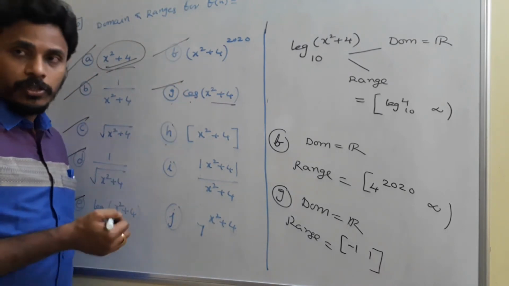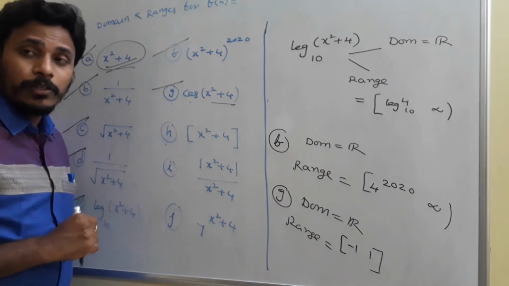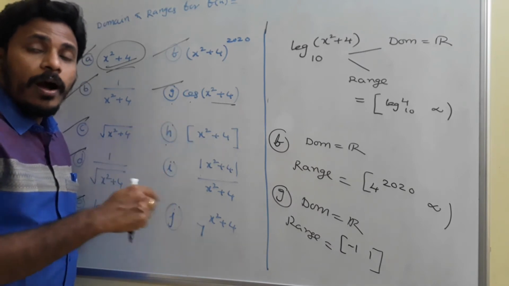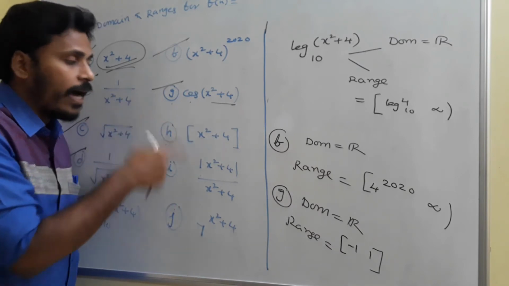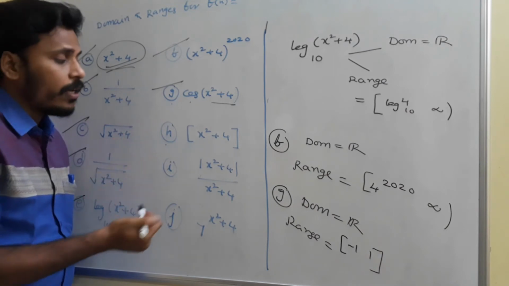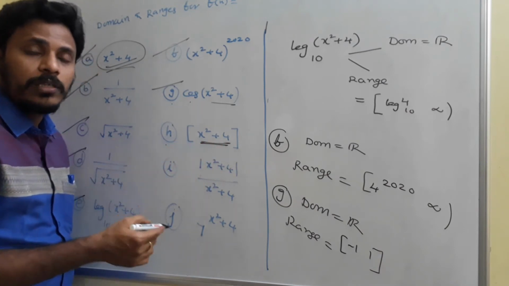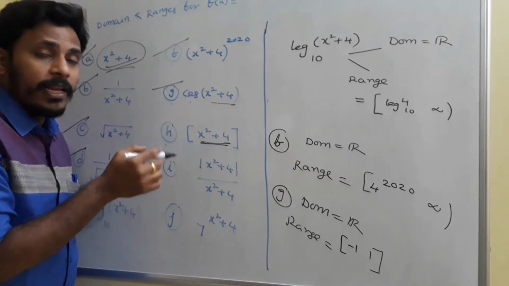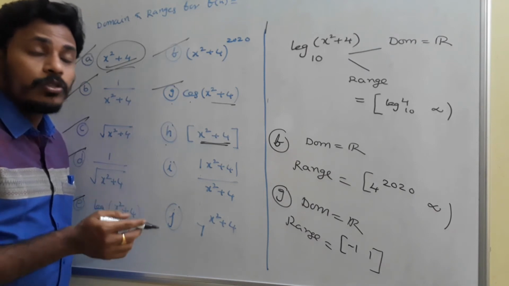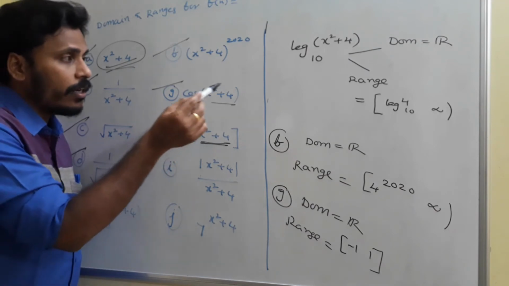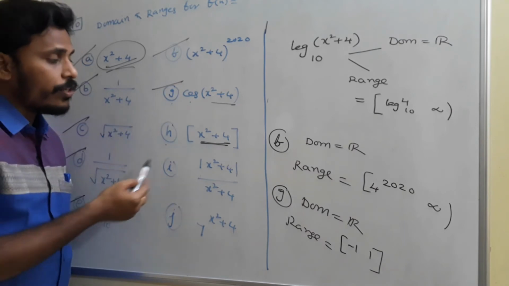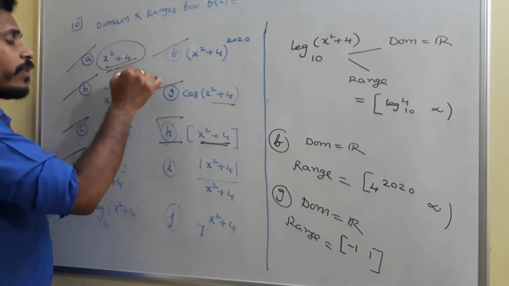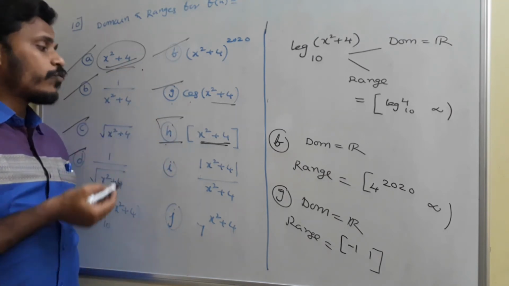Then coming to h, what is it? Step of x square plus 4. Since it is step of x square plus 4, x may be any real value and we are taking all those real values in that. And the results are different. Since this x square plus 4 is positive always, it is also definable at any value of x. So the domain is all the reals. But when coming to the range, since it is from 4 to infinity, the basic function, this range is also from 4 to infinity. For this h again, the same domain and codomain as we discussed a bit ago.